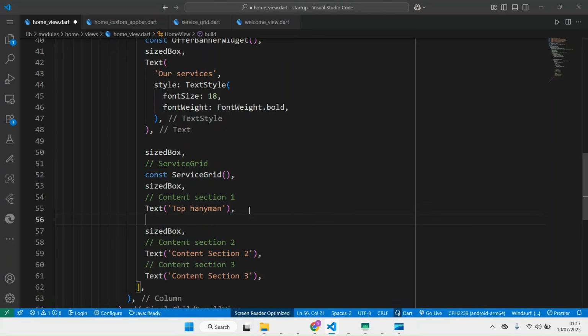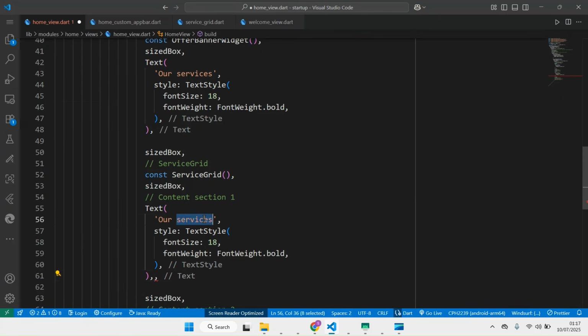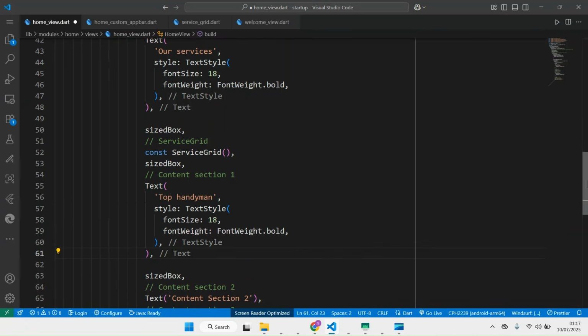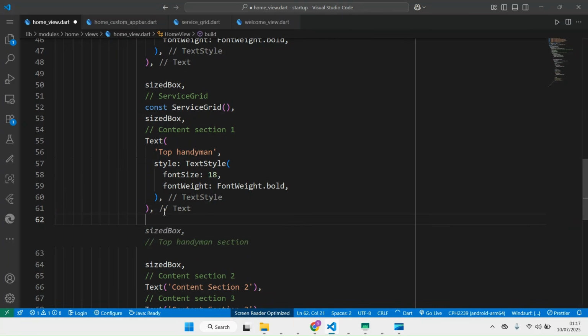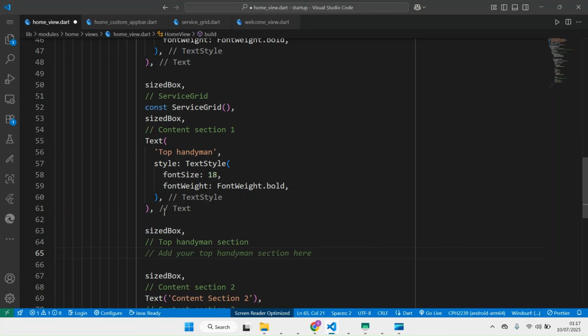So this is going to be a list, but we can style it a bit. This is actually going to be the same thing as this, so we can just copy this and paste here. Do top handyman like this. Okay. So top handyman, this needs to have a size, box size. You can do const top